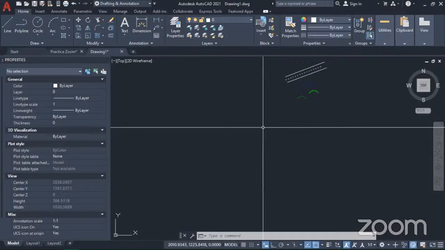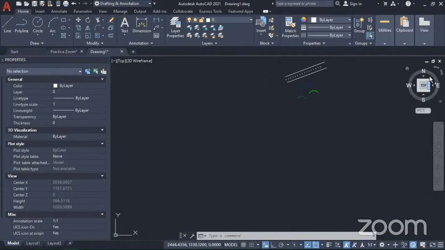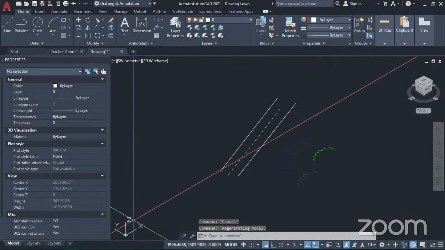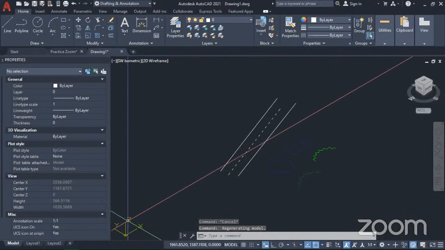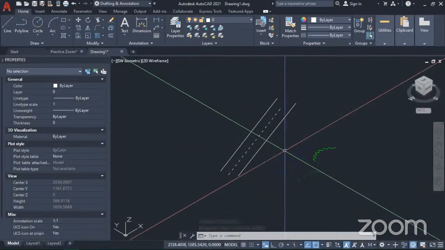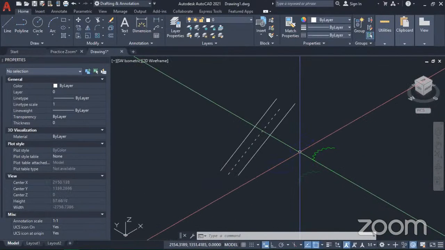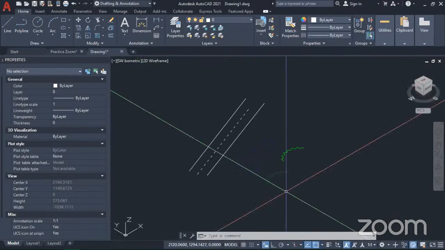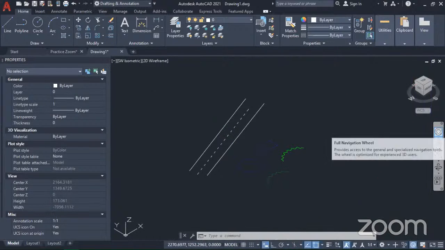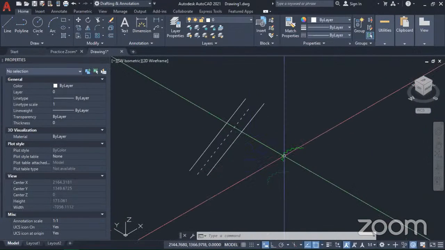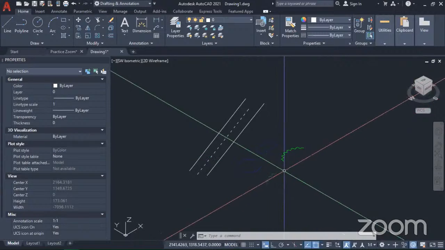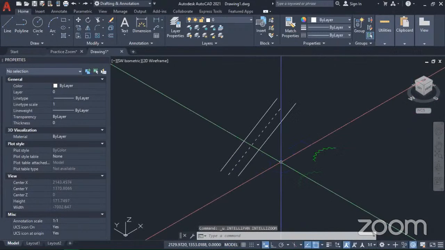Now, to show the z-axis, you can use the view cube, which is here. Just click on any of the vertices, and it will show the z-axis. We now have the z-axis, and you can see it in an isometric mode. It's in the southwest isometric mode. Now, if we want to increase the thickness of any of these objects, I'll just undo to go back